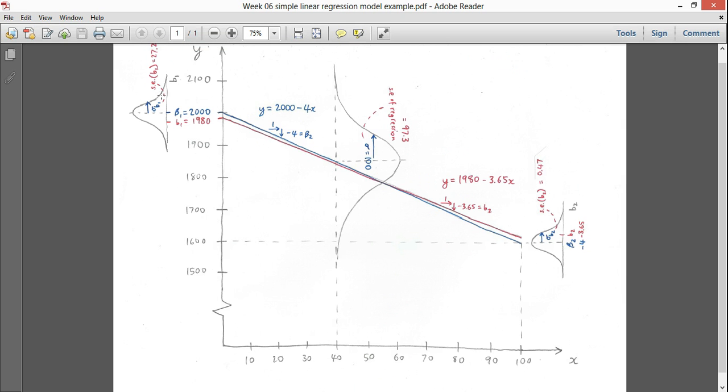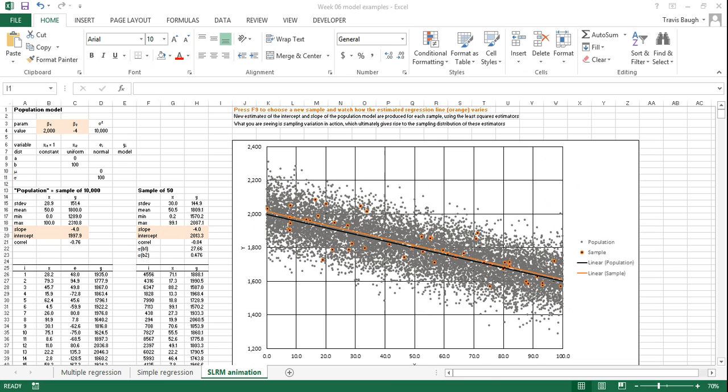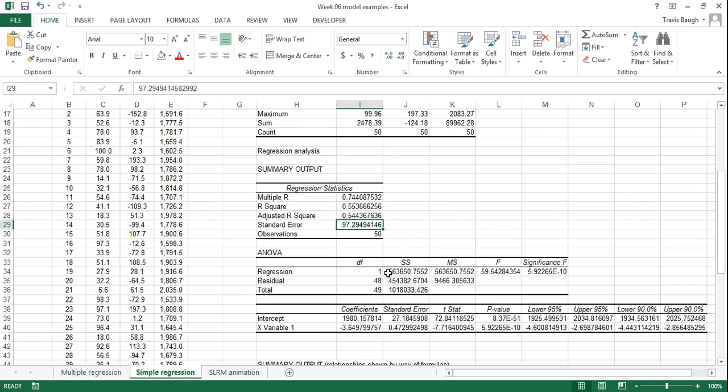which is being depicted in this sampling distribution here. Okay, so just to quickly go back to our Excel model, we've talked about these being point estimates of parameters, that one too, and that these are showing the precision of these estimates. They're the standard deviations or estimated standard deviations for our estimates of the population values,